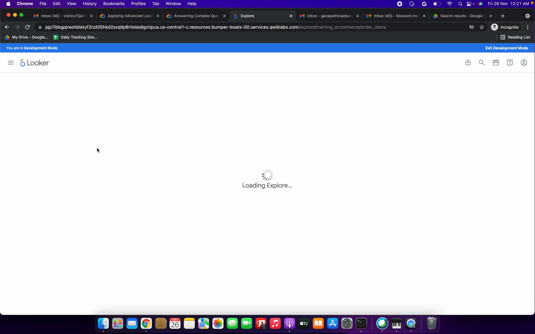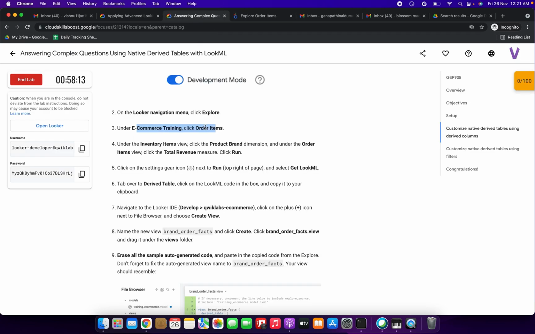Now we need to go to the inventory items view and click the product brand dimension.